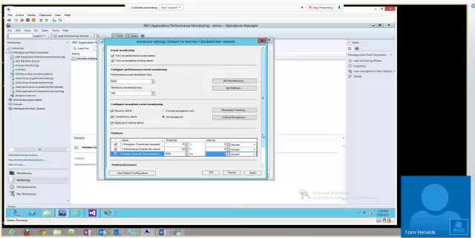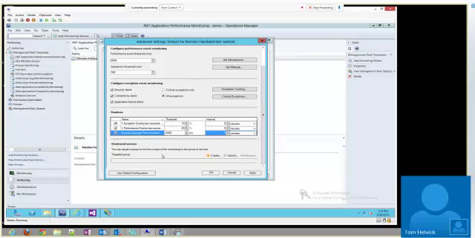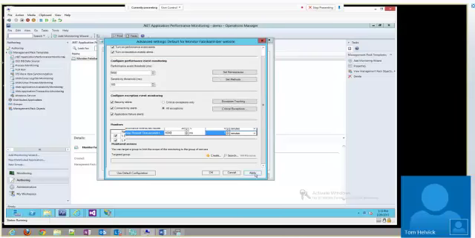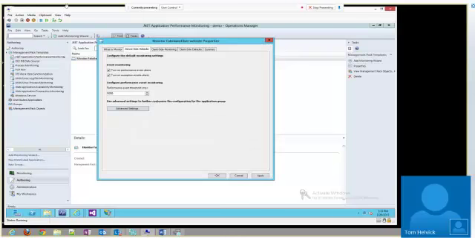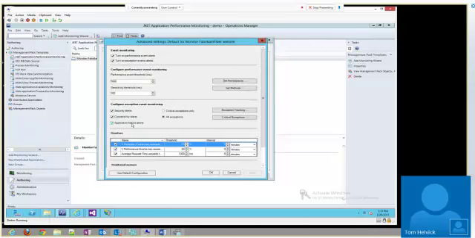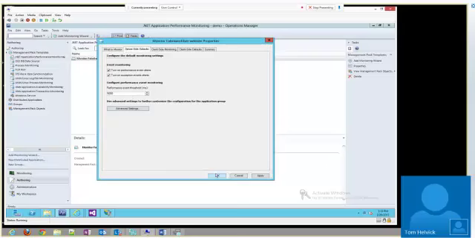And I can go through and I can look at particular servers or groups of servers. I can have it environment-wide, which is this right now. And these are the settings, I'll apply that and hit OK. So I've now set up monitoring. So again, I'm looking for all exceptions and exception failure alerts. Apply that.